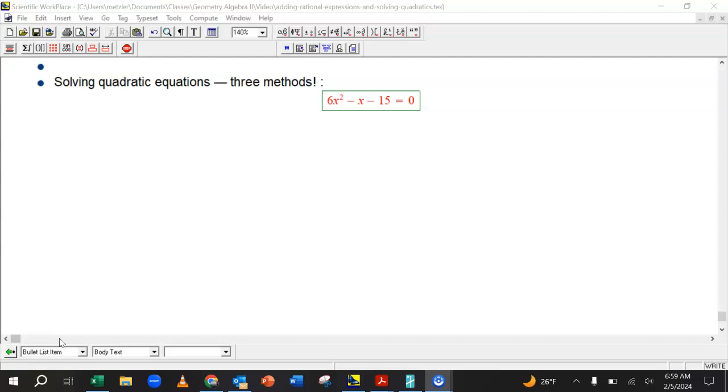Let's look at solving quadratic equations. I want to look at one quadratic that's not absolutely the simplest, and I want to use all three of the standard methods on it, compare and contrast. So probably our most familiar method is factoring,